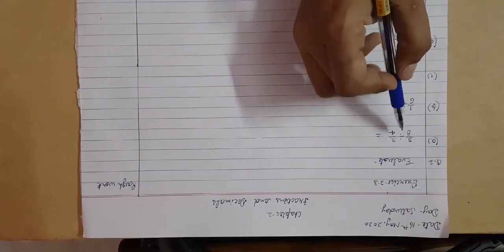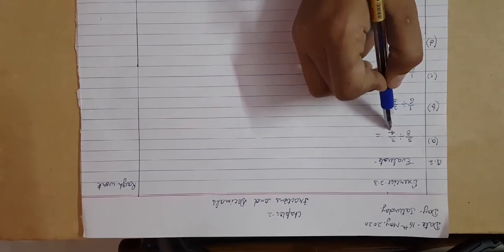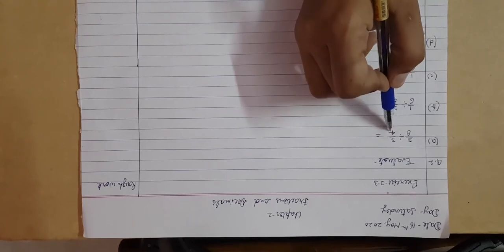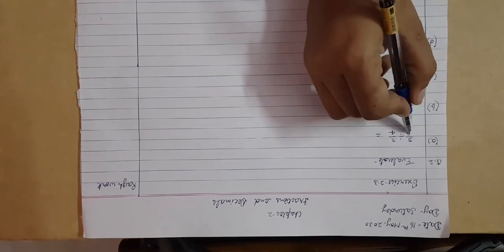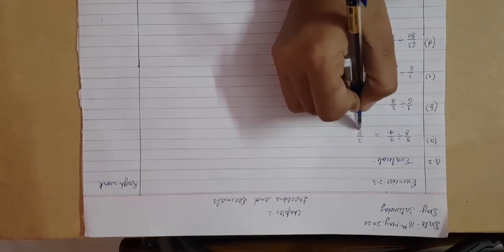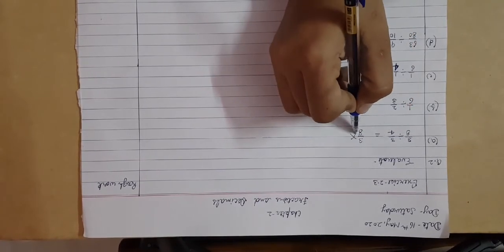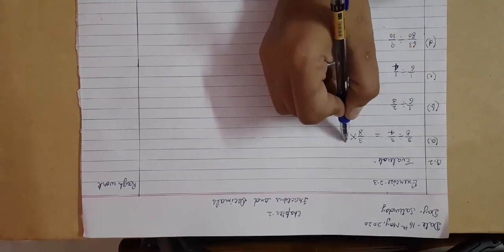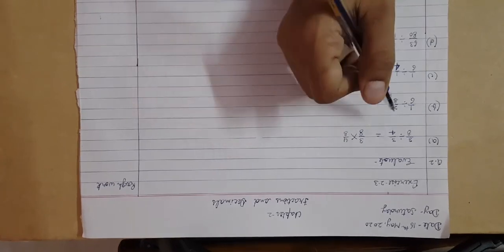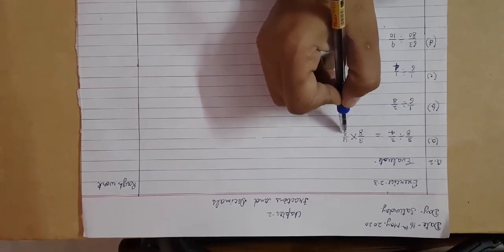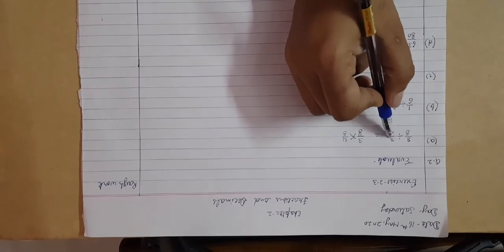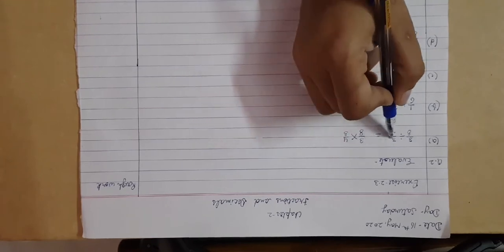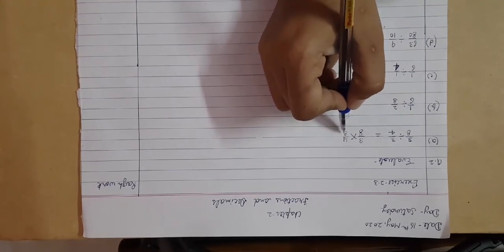So the A part is 3 upon 8 divided by 3 upon 4. Here you can see both are fractions. So 3 upon 8 is the dividend and 3 upon 4 is the divisor. Okay. So write the dividend as it is, 3 upon 8. Change the division sign into multiplication and write the reciprocal of the divisor. So the reciprocal of 3 upon 4 will be 4 upon 3, because here I have interchanged the positions of numerator and denominator with each other. This denominator has gone in the numerator and this numerator has gone in the denominator when we find its reciprocal.